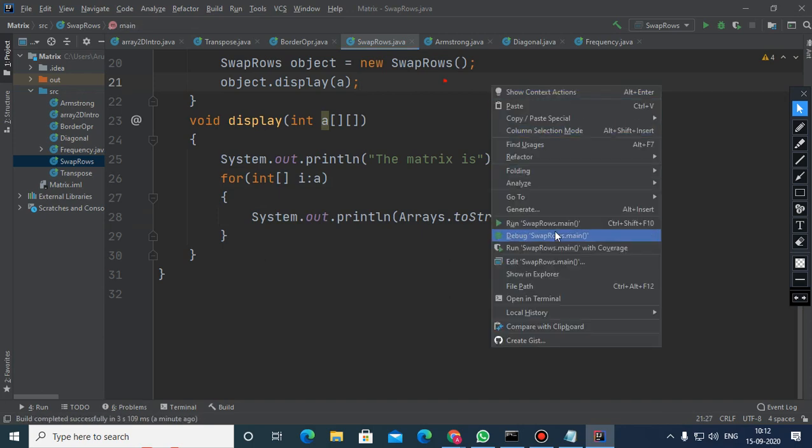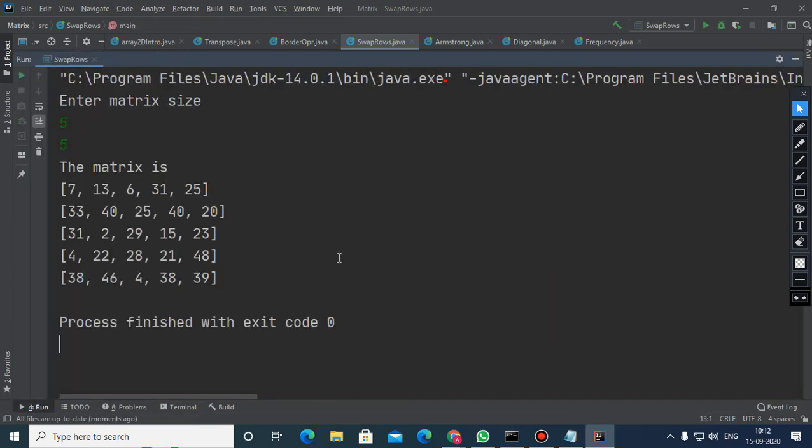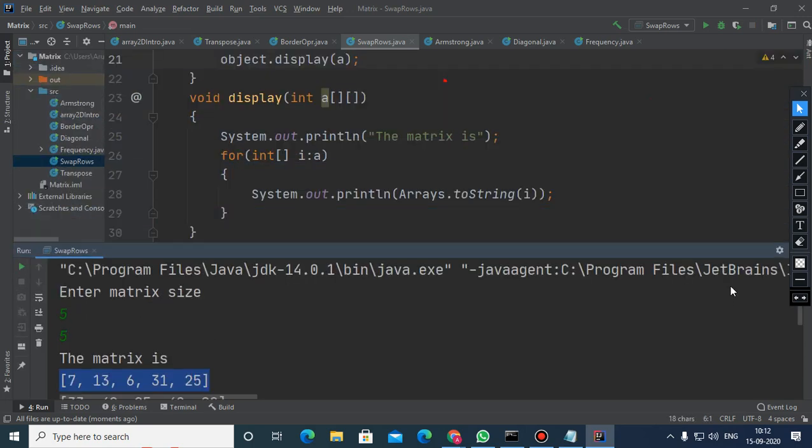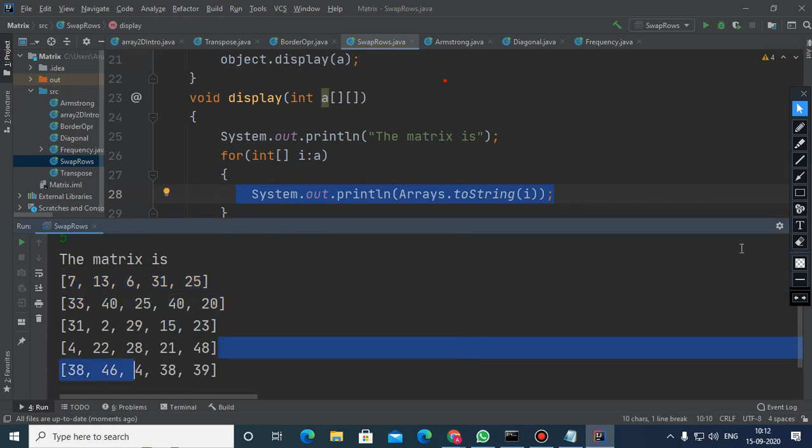So suppose here the matrix is 5 by 5. At a time I am reading this whole row with the help of this statement, which is this one. So initially in i the whole row will come, and the whole row has been displayed like this. And then next row, and then next row, like that. Any problem?